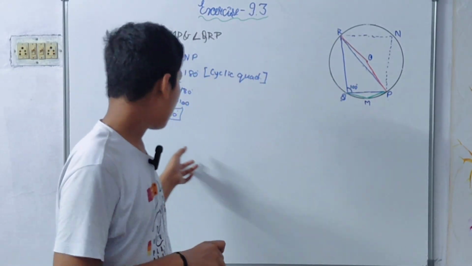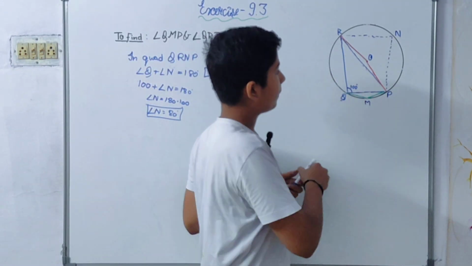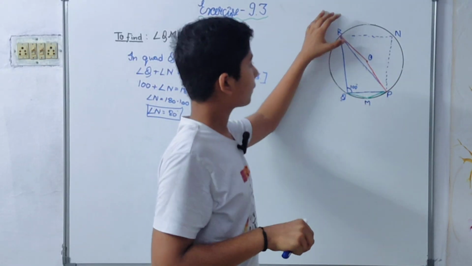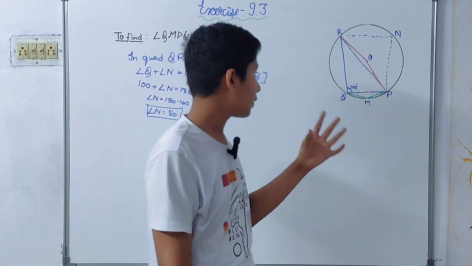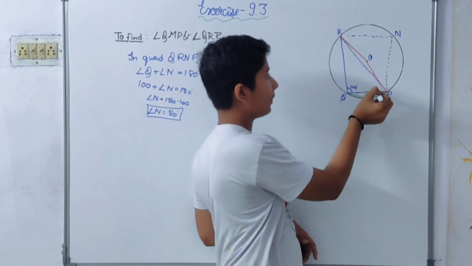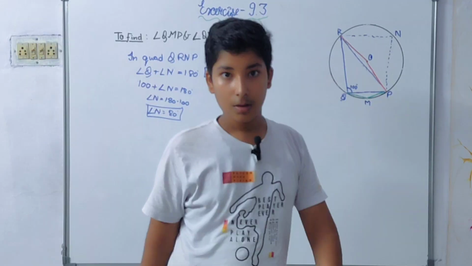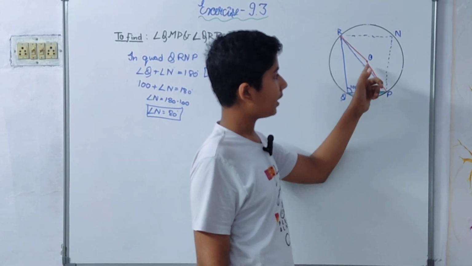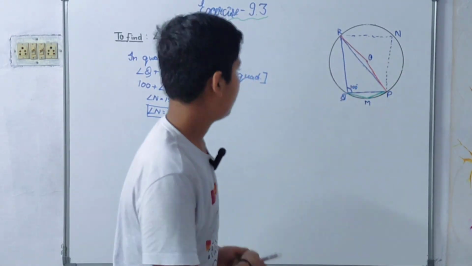Okay? So now, we have found out angle N. This is angle N, and if you see, this and this are on the same arc. By the way, I think you have noted that I have tilted this circle so that it would be easy to understand. So first of all, ROP and RNP are on the same arc, which is RP. So we can apply that property, angle subtended by an arc in center is double the angle subtended by the same arc in any other part of circle.